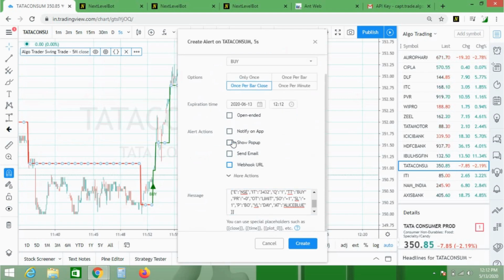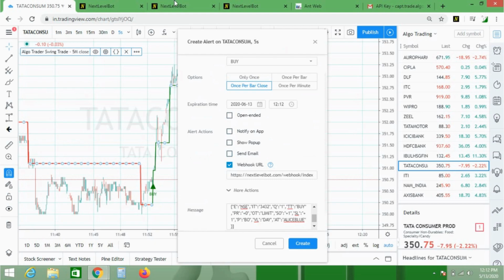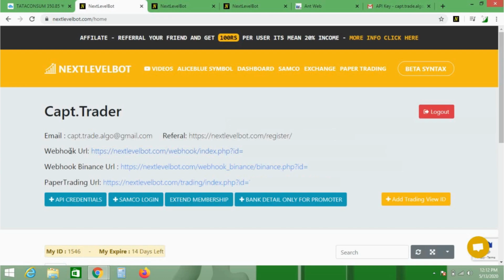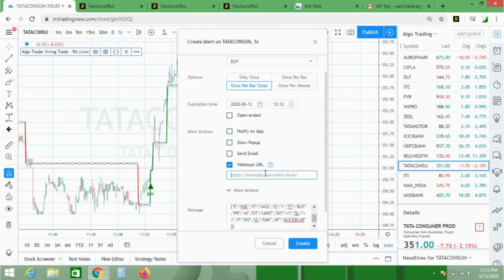Please select webhook URL, and what you have to paste there, just go to your dashboard and here you get the webhook URL, guys. You have to copy this. Basically, if you click once, it gets copied. Okay, so then I delete all, then I paste my webhook.